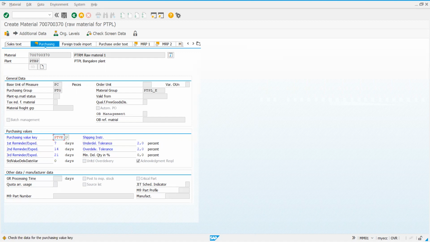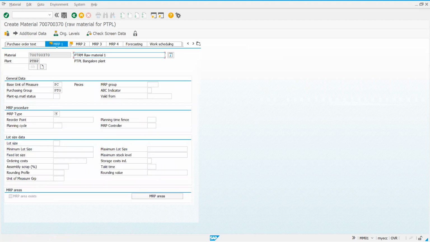See, the system generally gives 3 indicators. One red, another yellow, third is green. If it is red, then there is something wrong, some error which needs to be attended to. If it is yellow, it is like a caution. You can just observe. If you are confident, you can proceed. If it is green, then the document is okay. You may not have to worry. It is perfect. You can proceed. So these 3 indicators we have: red, yellow, and green. Here it is showing yellow, as you can observe. Check the data for purchasing value key. It says, are you sure with this? If I am okay with that, I can click on enter. It proceeds.